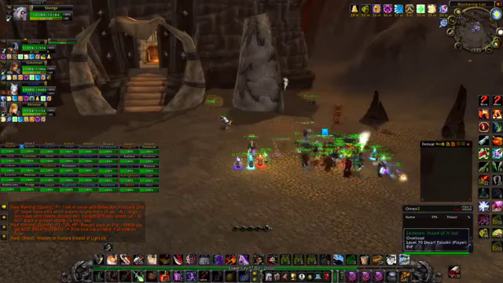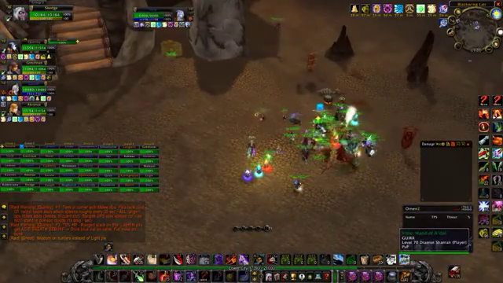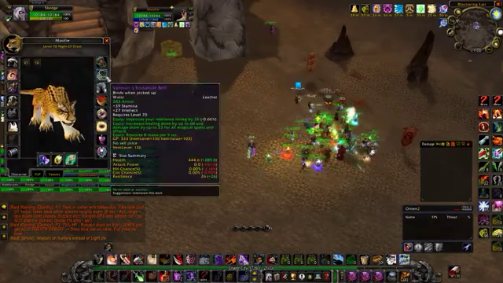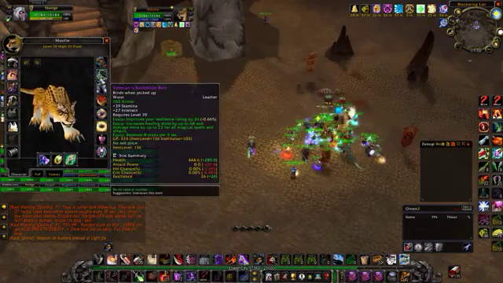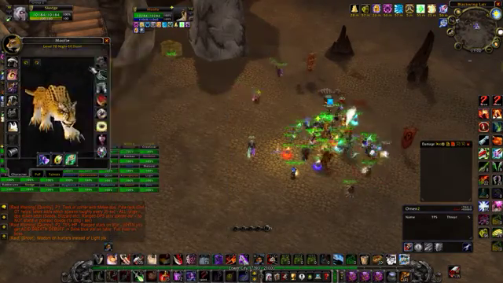Everyone stacks on Star, which is Moofy. Everyone stack on him. Yeah, that's fine, you can stack on him. So stack there, and this is right next to the table, and like you can see in the raid warning, when you get the debuff,